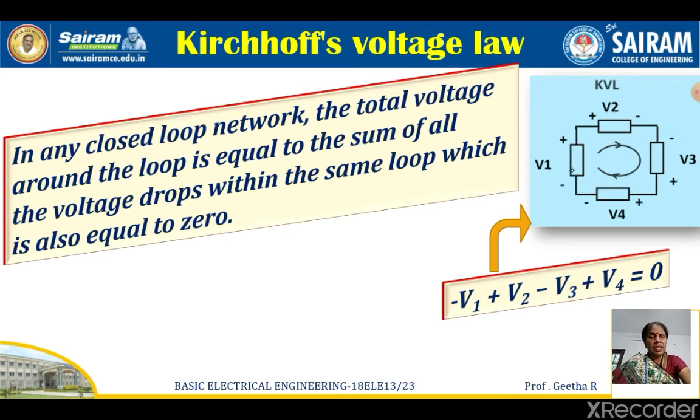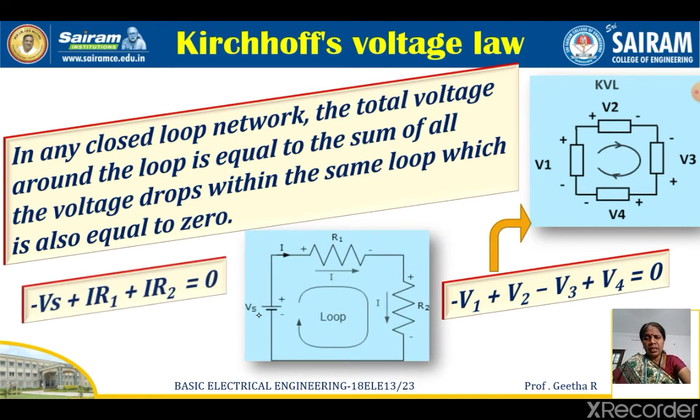So when you trace the path, when you write the KVL, you have to add all the voltages, that should be equal to 0. That too is an algebraic sum. So here, minus V1 plus V2 and minus V3 plus V4 is equal to 0. So here also one voltage source is shown. There are two resistors connected here. This voltage can be taken directly, because you are going to add all the voltages. Directly the voltage is given here.